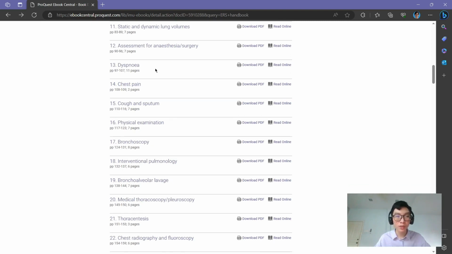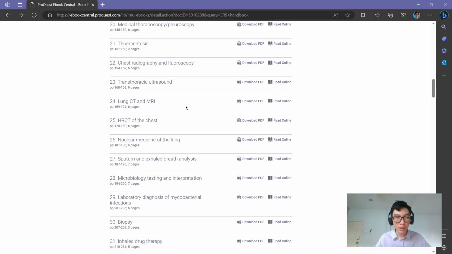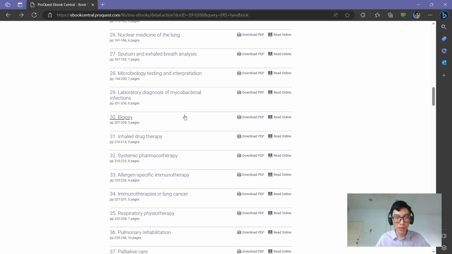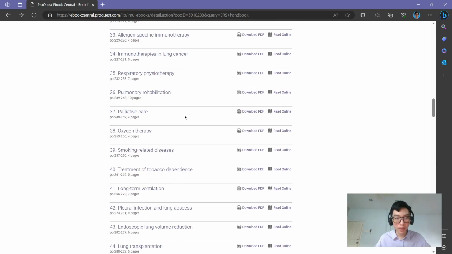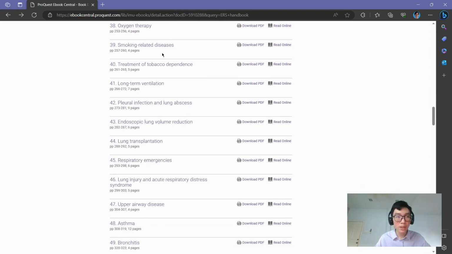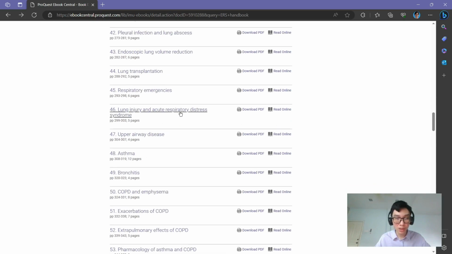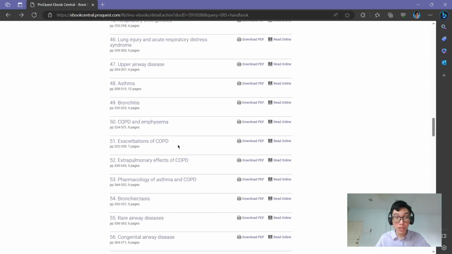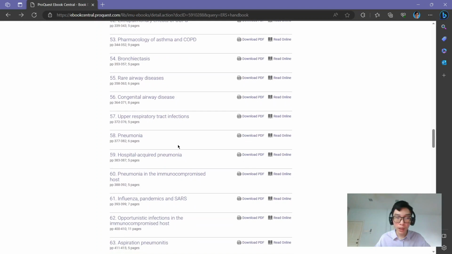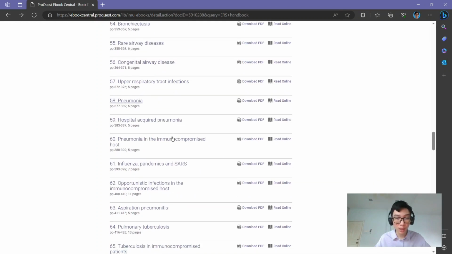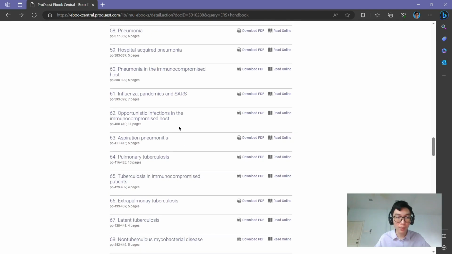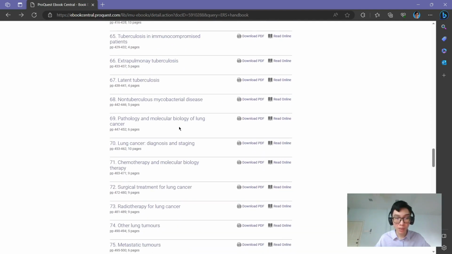So dyspnea, chest pain, cough and sputum, physical examinations, and then you got CT scans, biopsies, and then a little bit further, you can see smoking-related diseases, tobacco dependence, and then lung transplantation, asthma, bronchitis, COPD, and even the infections, upper respiratory tract infections, pneumonia, hospital-acquired pneumonia, and then lung cancer, chemotherapy,